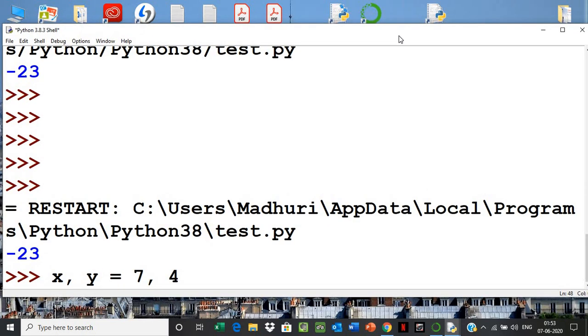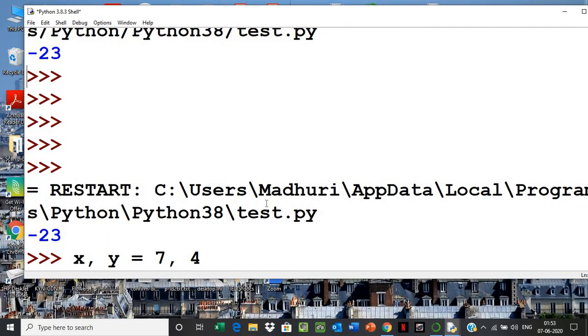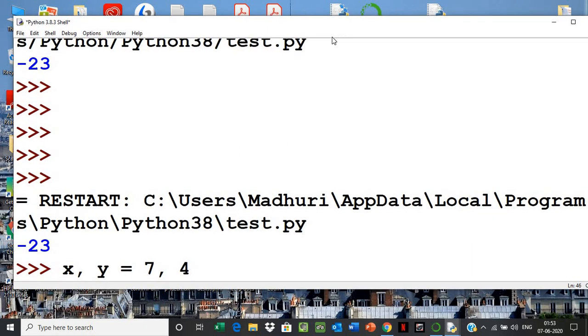So you take this particular block and use it for your programming, and for various purposes you need various kinds of packages. So in this Python, suppose you want to install one package that you require for your programming.